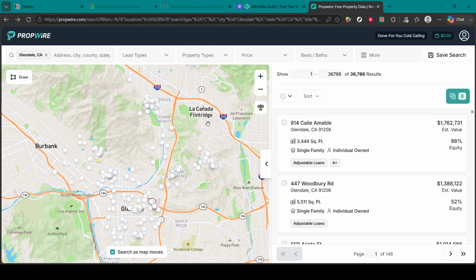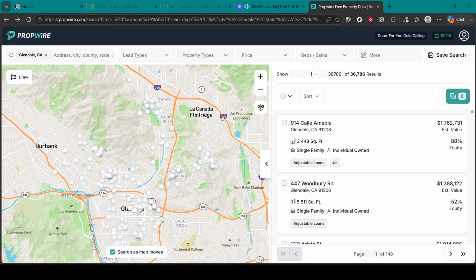In this video, I'll guide you through how to find a property owner mailing address in PropWire. Finding a property owner's mailing address can be useful when researching real estate opportunities, especially when you need to contact an owner through traditional mail. This can be helpful for properties where the owner may not live at the property address, such as vacant properties